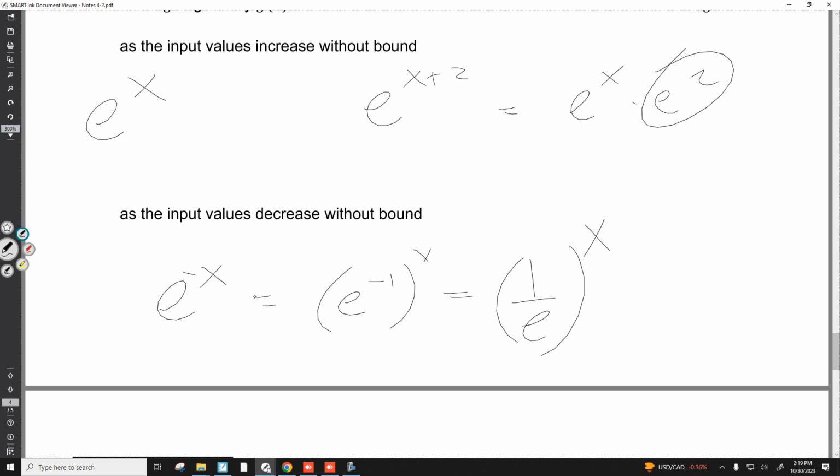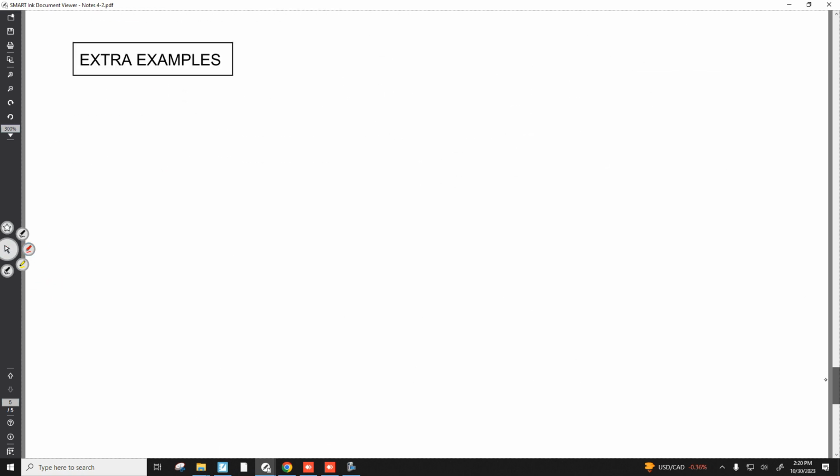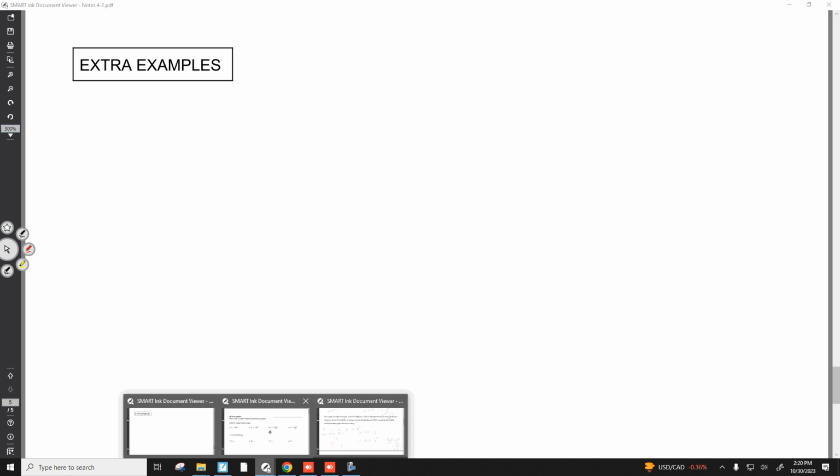Is y equals e to the x a growth or decay function? Why? Because e is bigger than 1. Take any number, multiply it by e over and over and over again. You're essentially tripling it. You're like 2 3/4 sizing it every time. Okay? Okay. Now, we're going to go to the homework instead of me giving you extra examples because I want